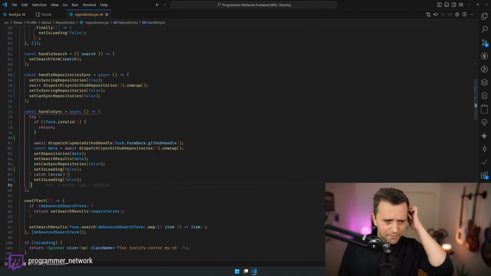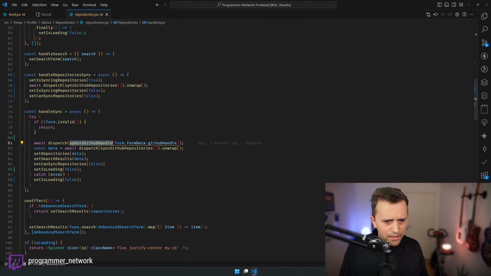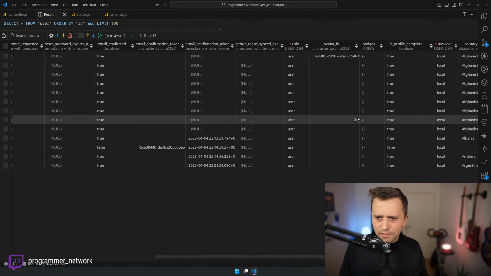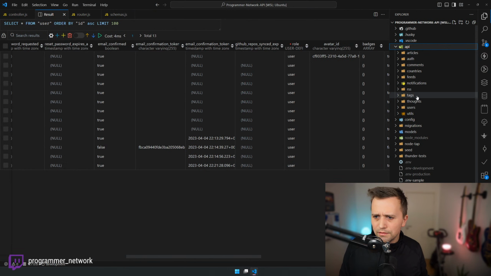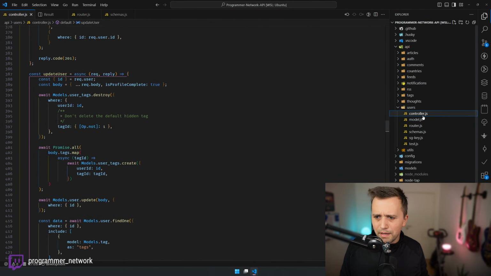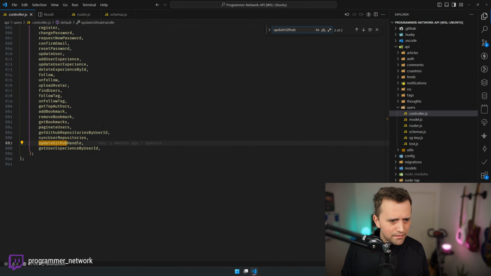And let me just figure out how I want to actually solve this. So we update the handle, then we sync stuff. So I guess what we could do, right, is go to the API. If we go over here, we can actually do something a bit better instead. So we don't do the update GitHub handle.